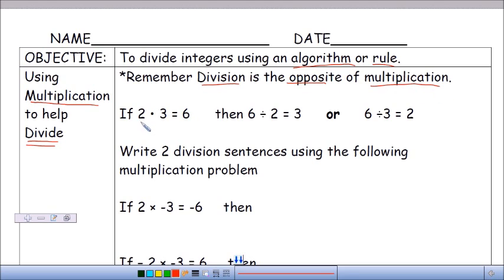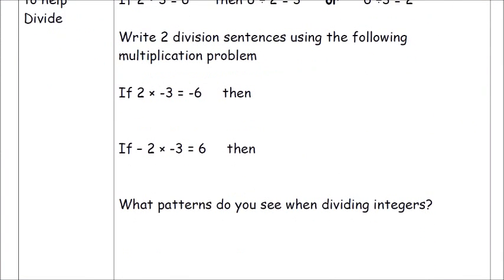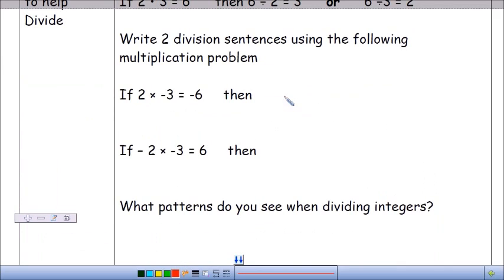For example, if you multiply 2 times 3 and get 6, then that means that 6 divided by 2 equals 3, and also 6 divided by 3 is equal to 2. So it's kind of like working backwards. Let's see if we can write down the two division sentences using the following multiplication problem. If 2 times negative 3 equals negative 6, then that means that negative 6 divided by 2